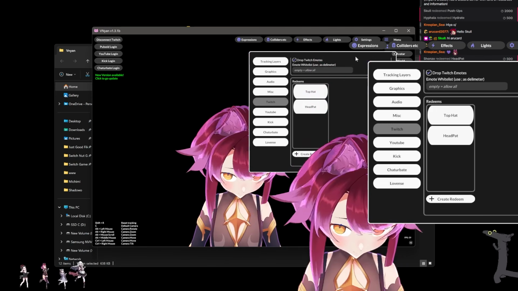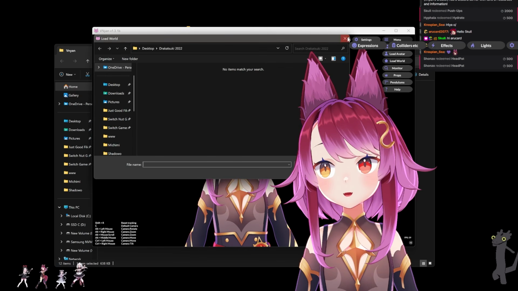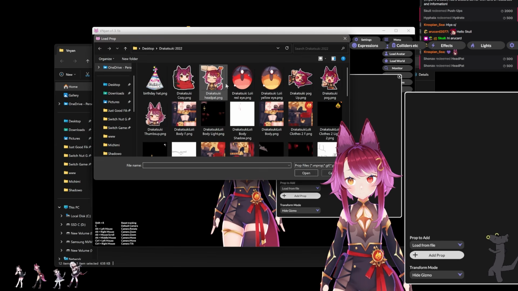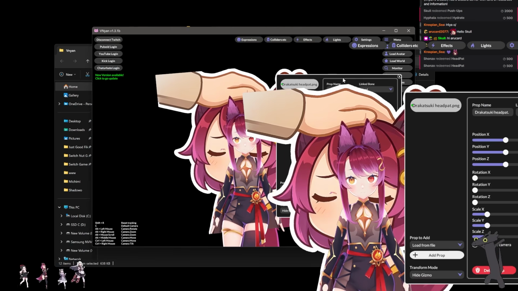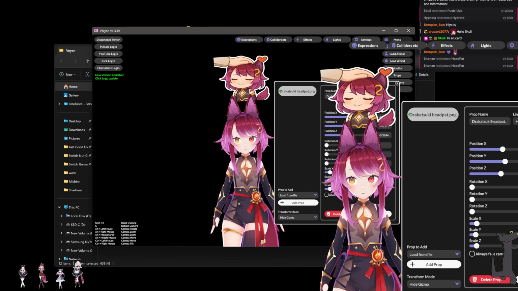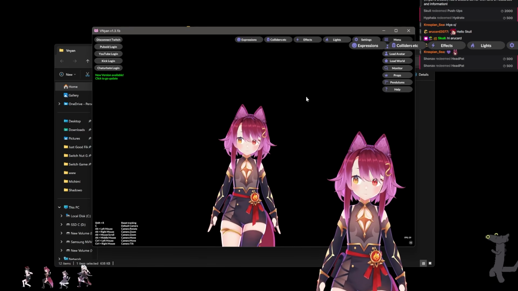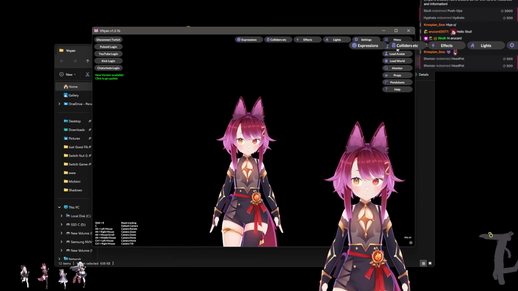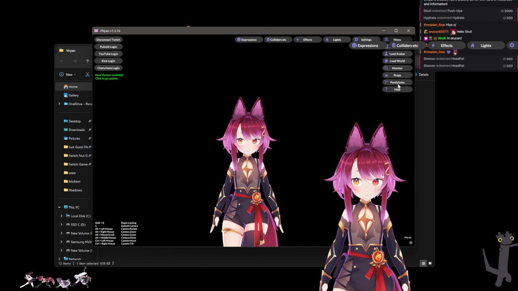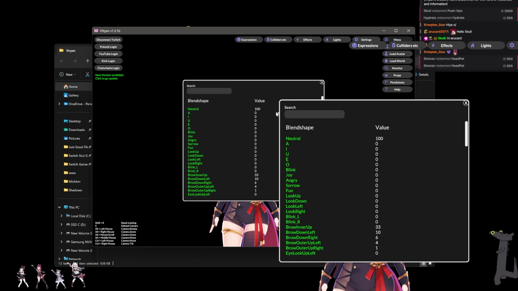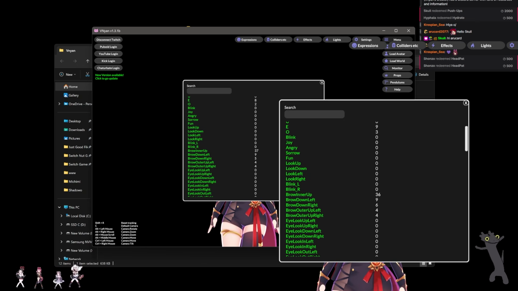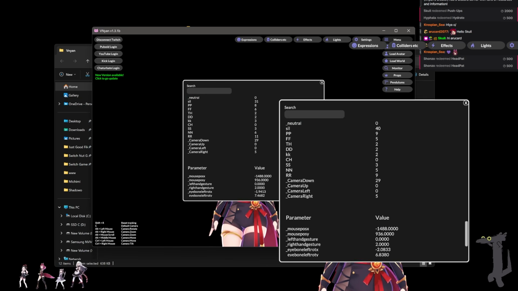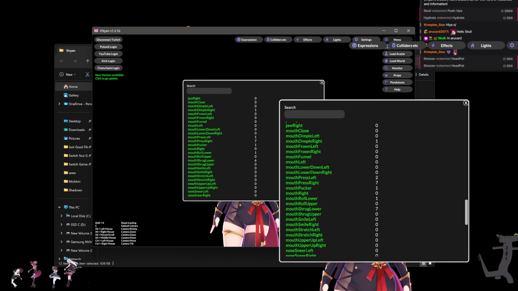Alright, let's check other stuff. Just load avatar. Load world. What the heck is this? Okay. I still want to do the redeem thing, but I just can't figure out how to do that. Let me think. It's just props. Okay, so it's just monitoring various. Maybe it's gonna tell me here what is happening with